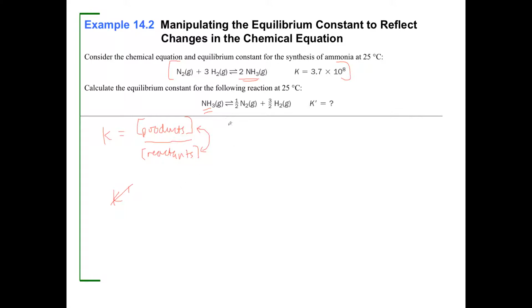Or, you know what, we're doing this by exponents, so I'm going to say K to K prime. First thing I'm going to do, okay, where this, let me go, watch this. Blue, this is N2 plus 3H2 produces 2NH3